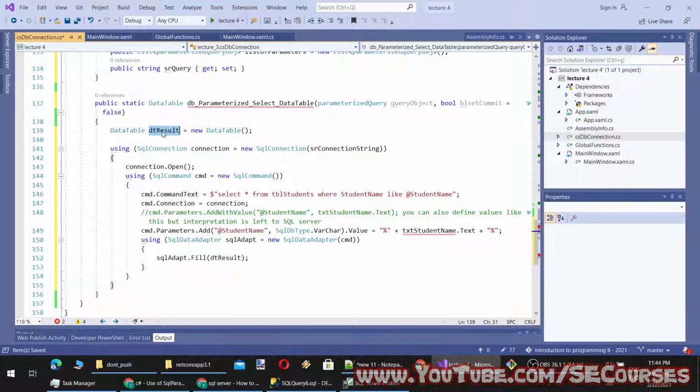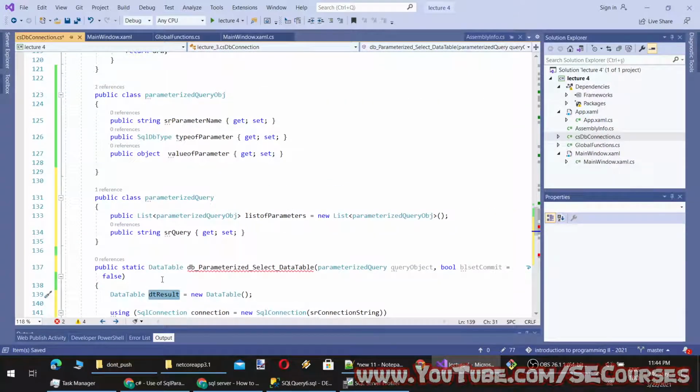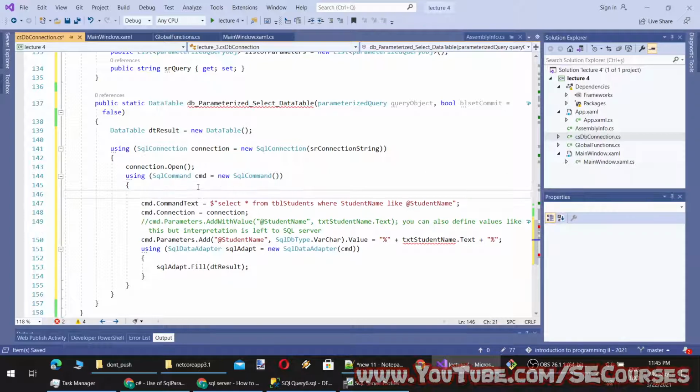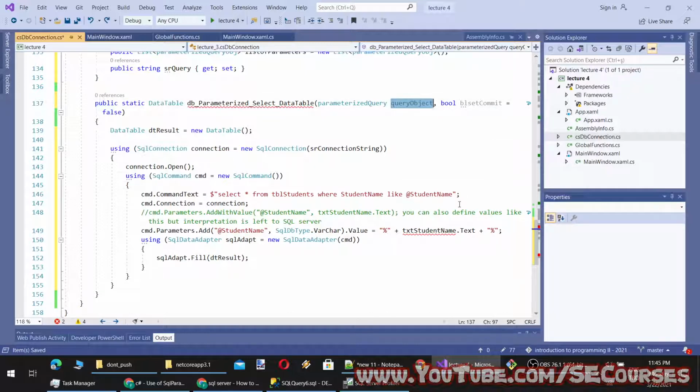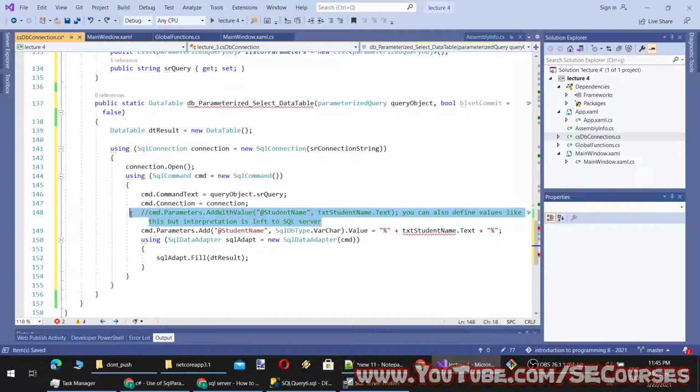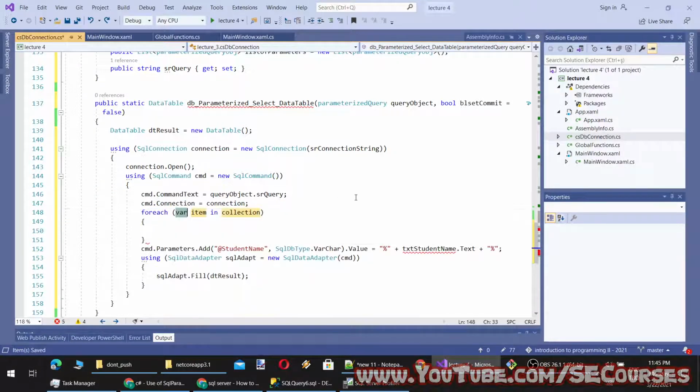We are going to use a data table because we will return a data table. We will open the connection, we will use command. Now we are going to add command parameters. How? The command text will be the query here. The connection will be set like this, and now we will do a for each iteration, and guess what?